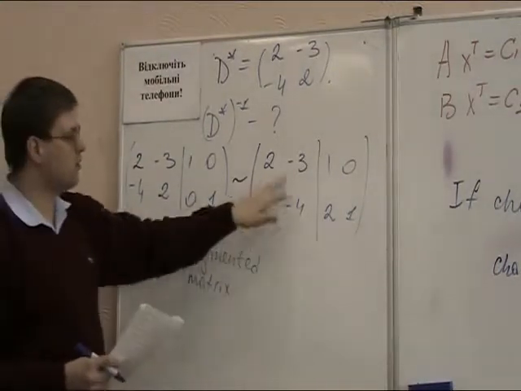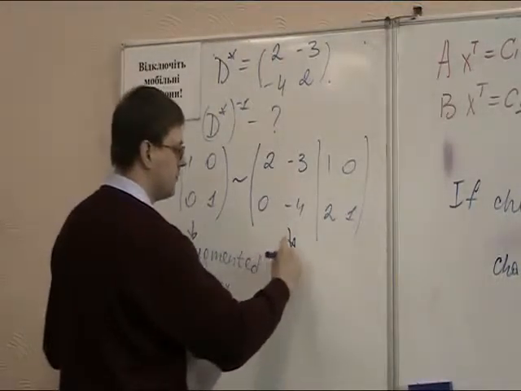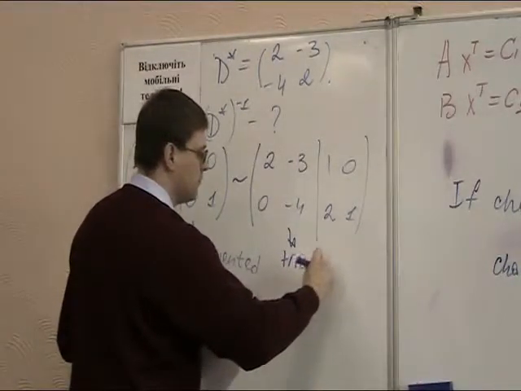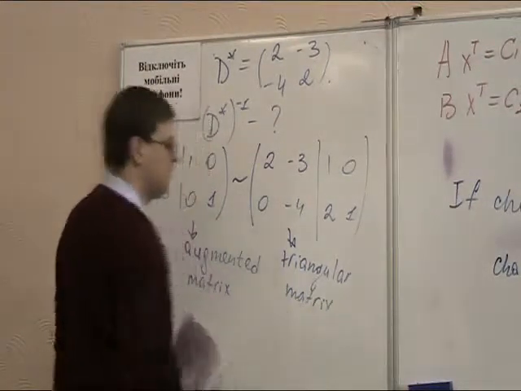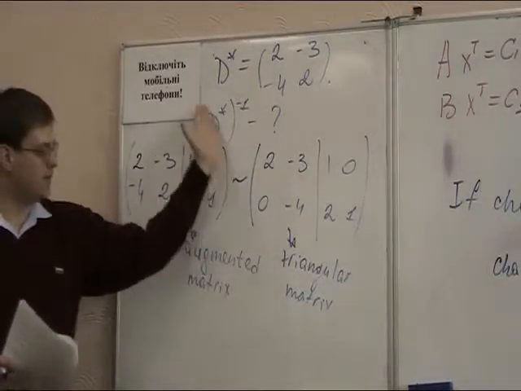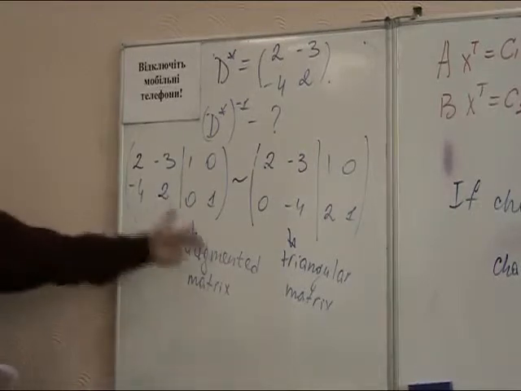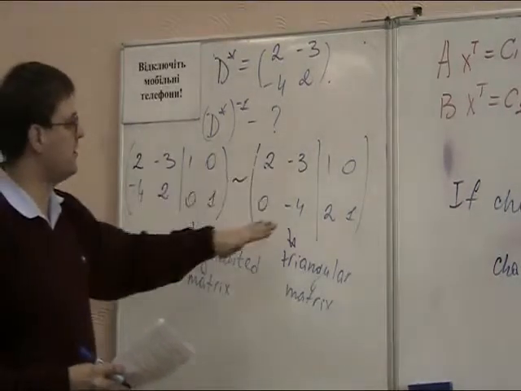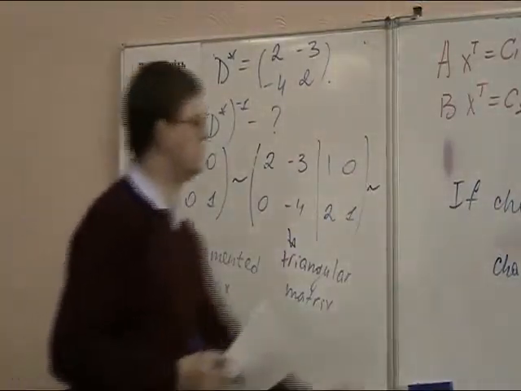We got 0 here, so what we get here is called a triangular matrix. At this point, it is not important whether this is upper triangular or lower triangular. This is just a triangular matrix because we have zeros below the main diagonal. And then we make another operation backwards. So now this matrix is equivalent to